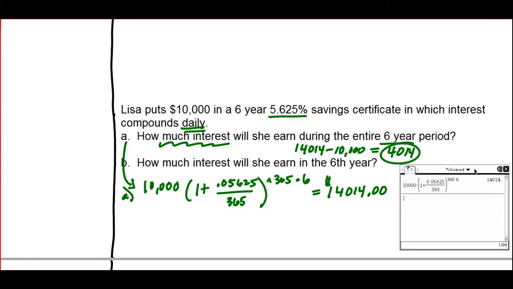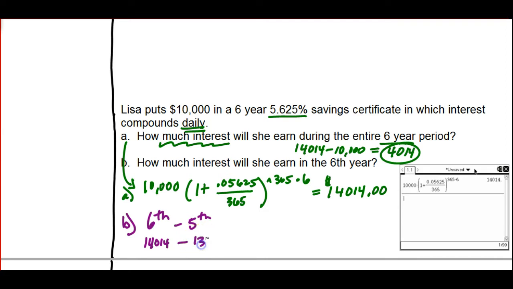So the way that we figure it out is we calculate the total for the first 5 years, the total for the first 6 years, and then subtract the difference. So we're going to do the 6th minus the 5th in order to answer part B. So we have the 6th already. To save time on your calculator, go back and highlight your original calculation, hit enter, and all you'll have to do is change the 6 to a 5. When you do that, you should get the new amount,